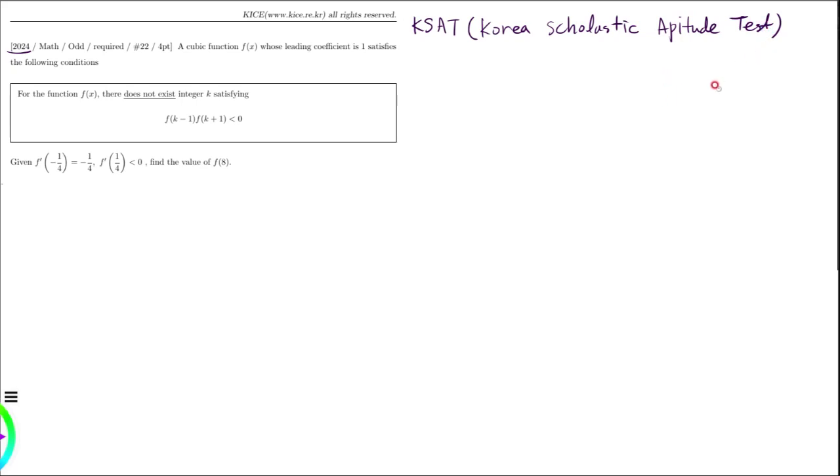For the student or general person who wants to be admitted to a university in Korea, they are usually required to take this exam, which usually takes place in November. Okay, for this video,